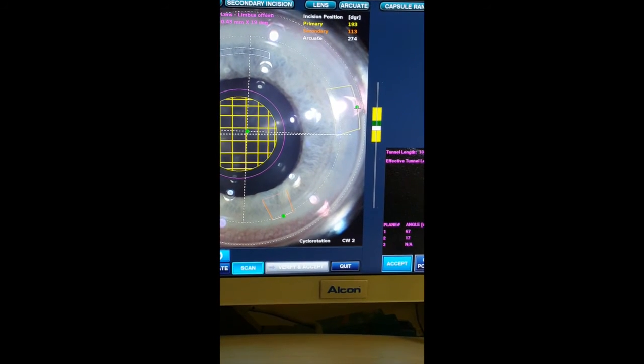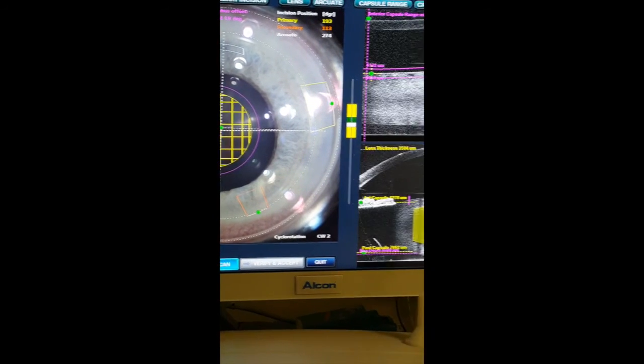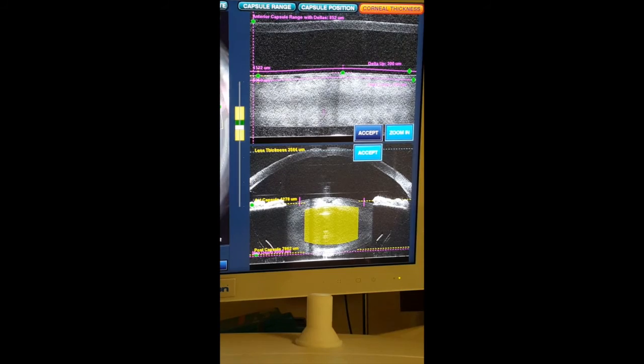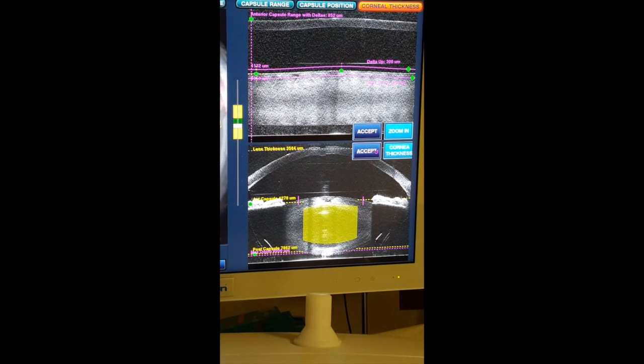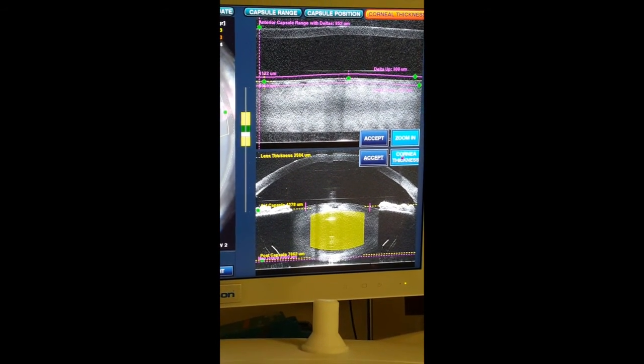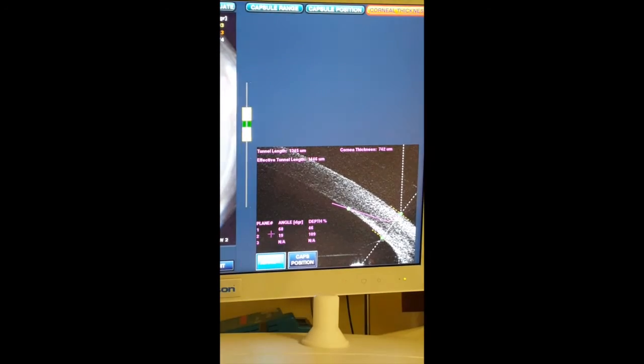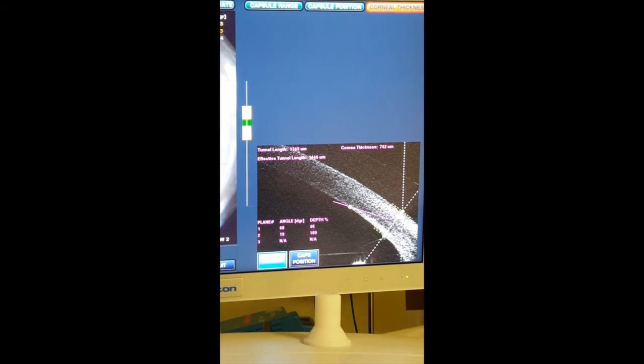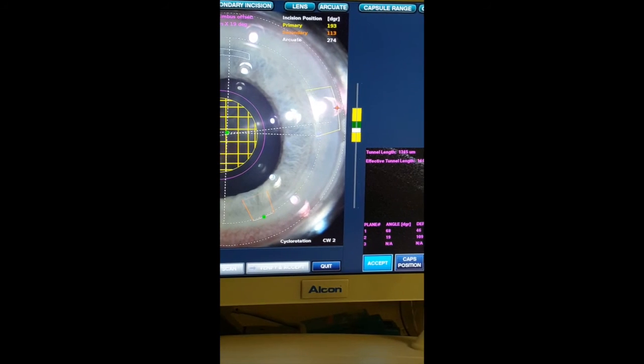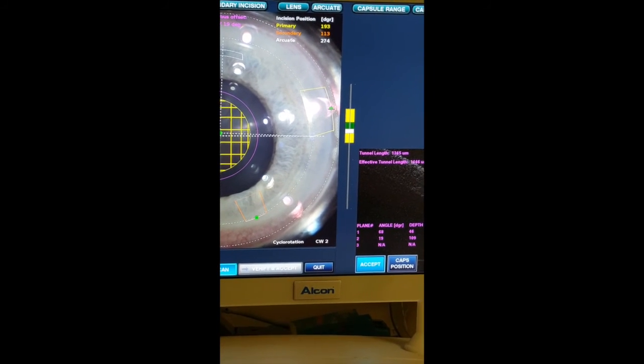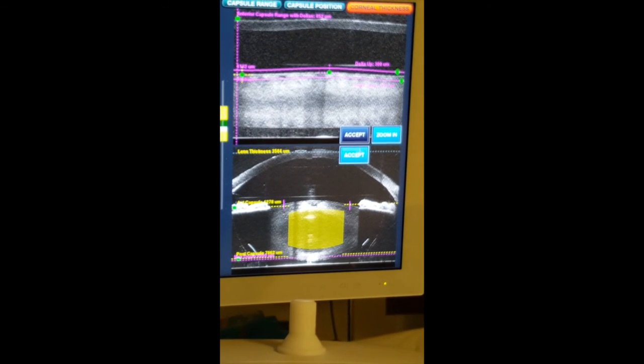So I move it way out, and if you look at the visualization of it, it's way beyond what you would normally do if you just based it on visualization again. But based on OCT, you get a much better accurate representation of where that incision is actually going to be. So I adjusted it out. I think that's the second adjustment, making it more posterior in location,